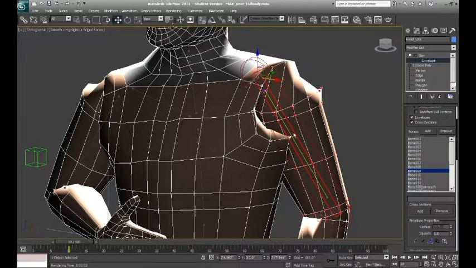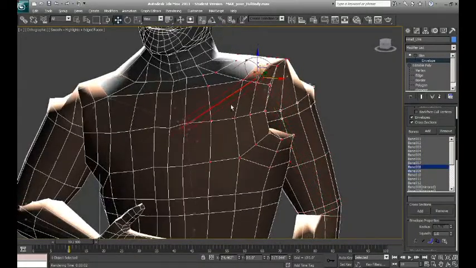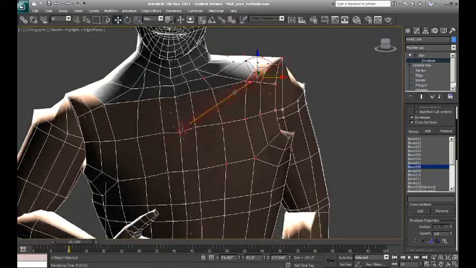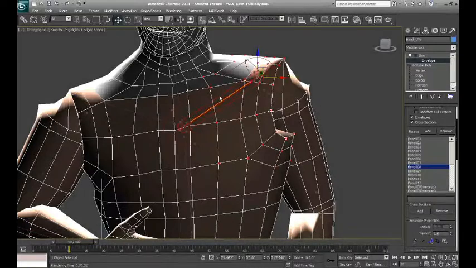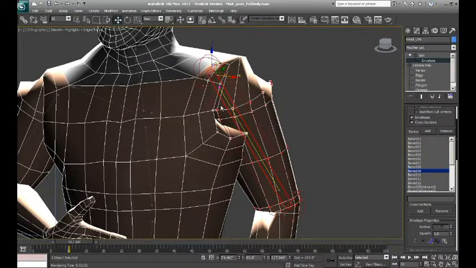Where they're not weighted at all. So the weighting that we have is 2 bone weighting, so you can see that the influence for these particular verts is on the clavicle. So what we want to do is draw the weight to the bone that we want